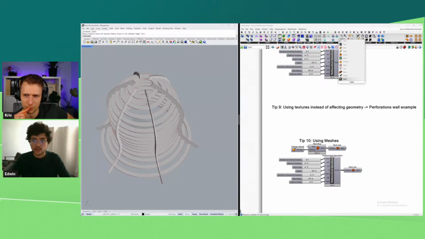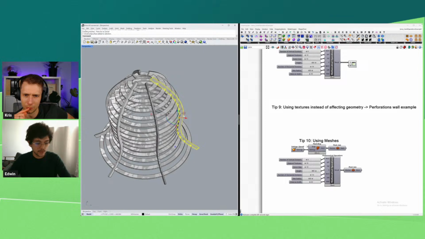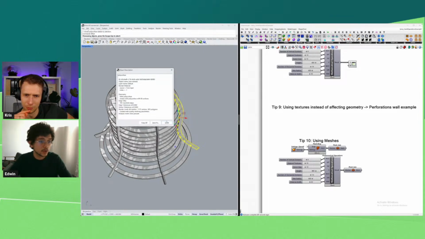So even though you are working with VRAPs here, if I make a VRAP and then run the command What, you can say this is a valid poly surface, but down here you can see render mesh. Even though you see a VRAP in the background, to visualize this in the viewport, Rhino has to convert it into meshes.